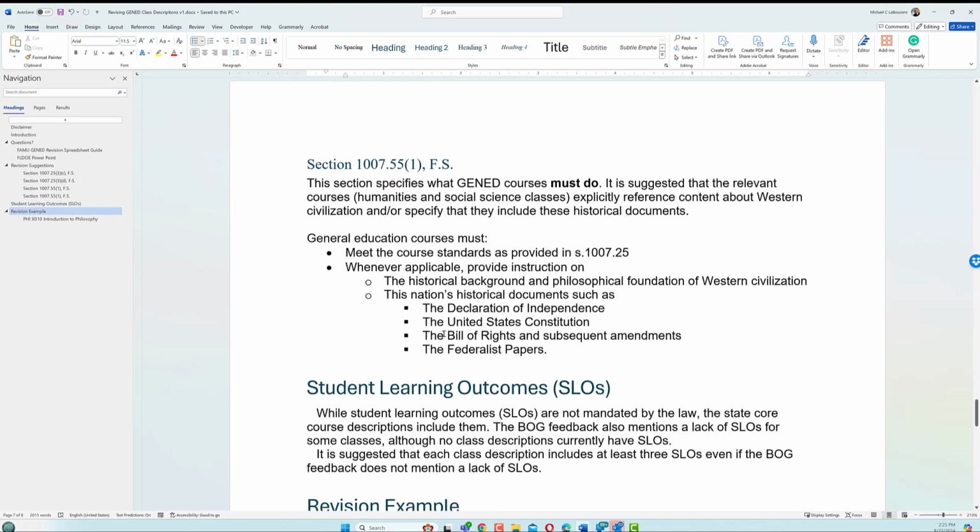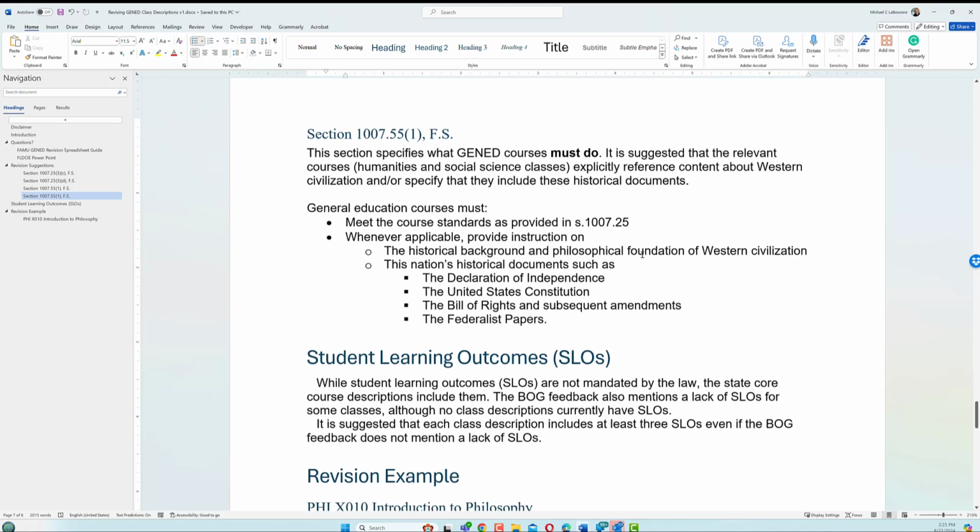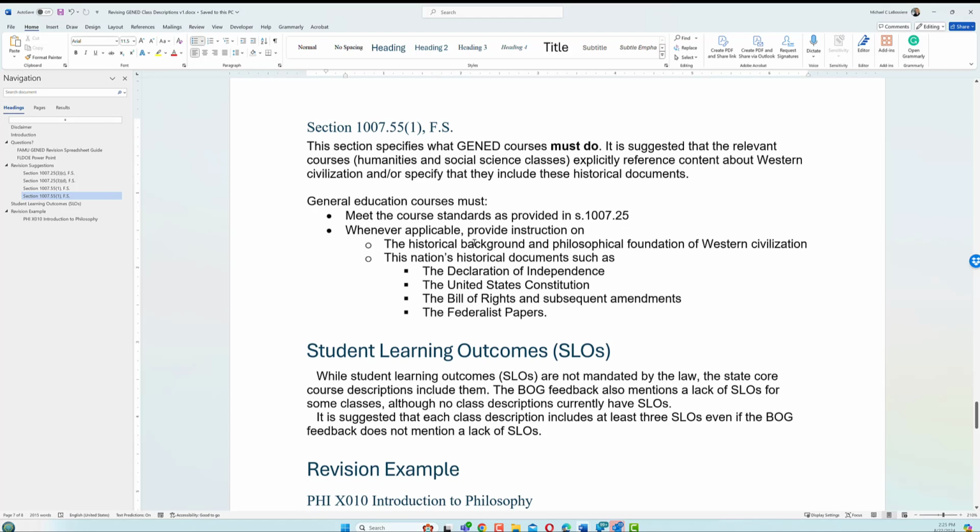Finally, section 1007.551 says what GENED courses must do. Now, the courses that are specified in terms of humanities and social sciences explicitly reference content about Western civilization and these historical documents. So general education courses, stating again, they must meet the course standards of 1007.25, and for